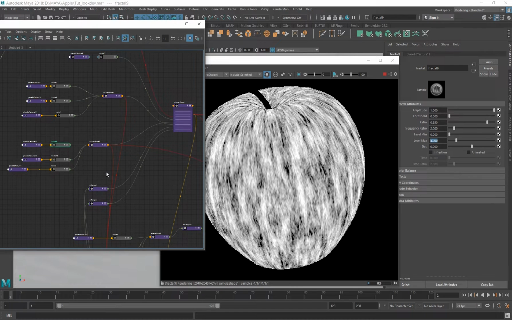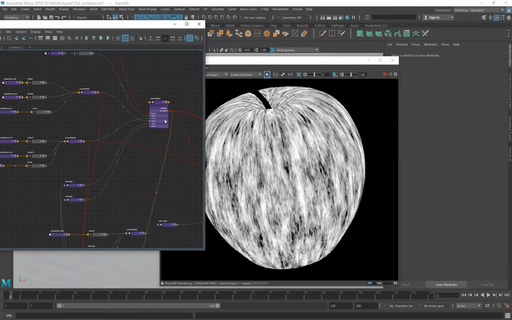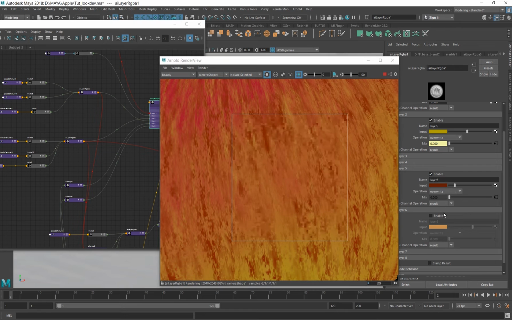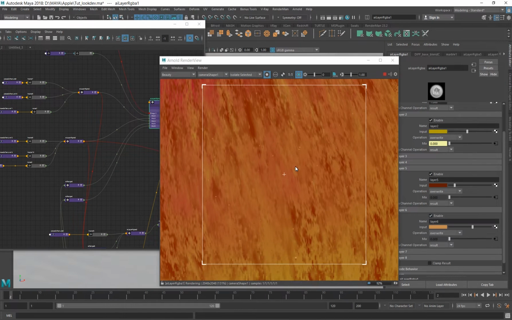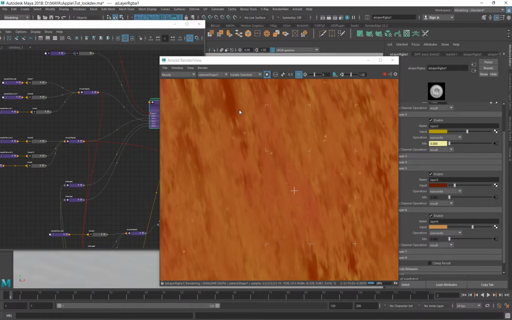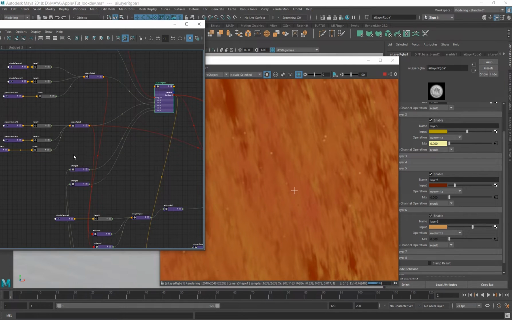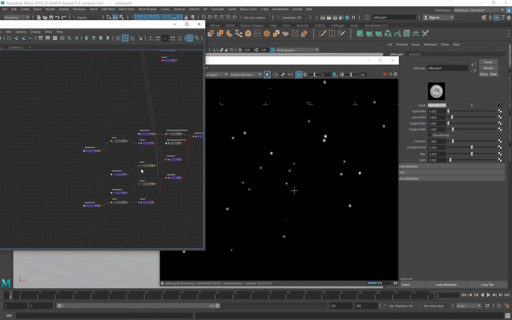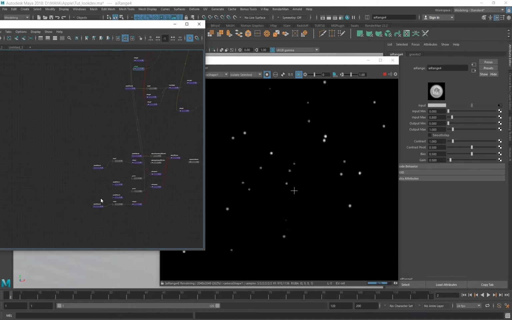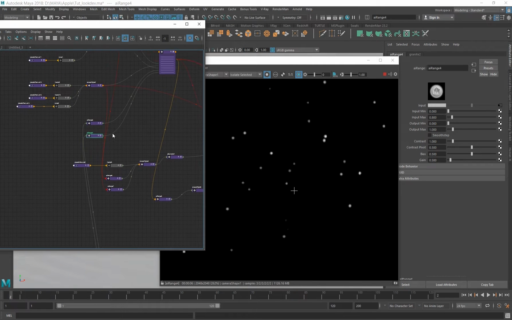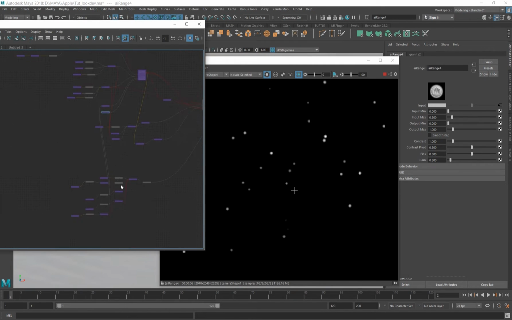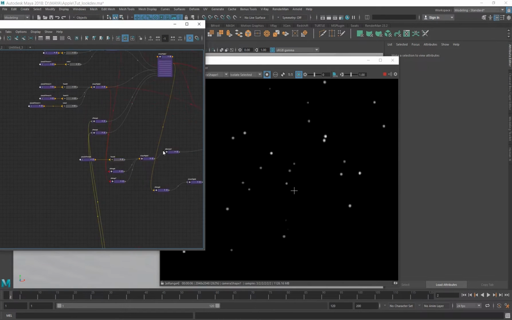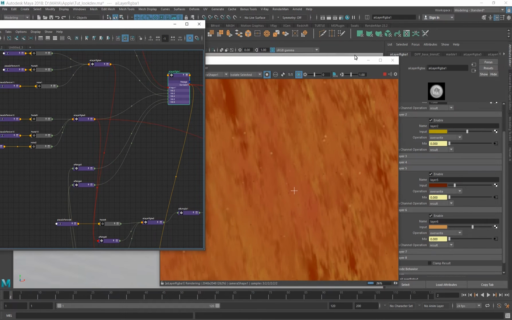Then layer 5 is the dots. Layer 5 and layer 6, if you see, the connection comes from the displacement granite nodes. This is the workflow I was talking about earlier. The things which are creating the displacements, the same nodes I am using as a mask to create details on the textures also.